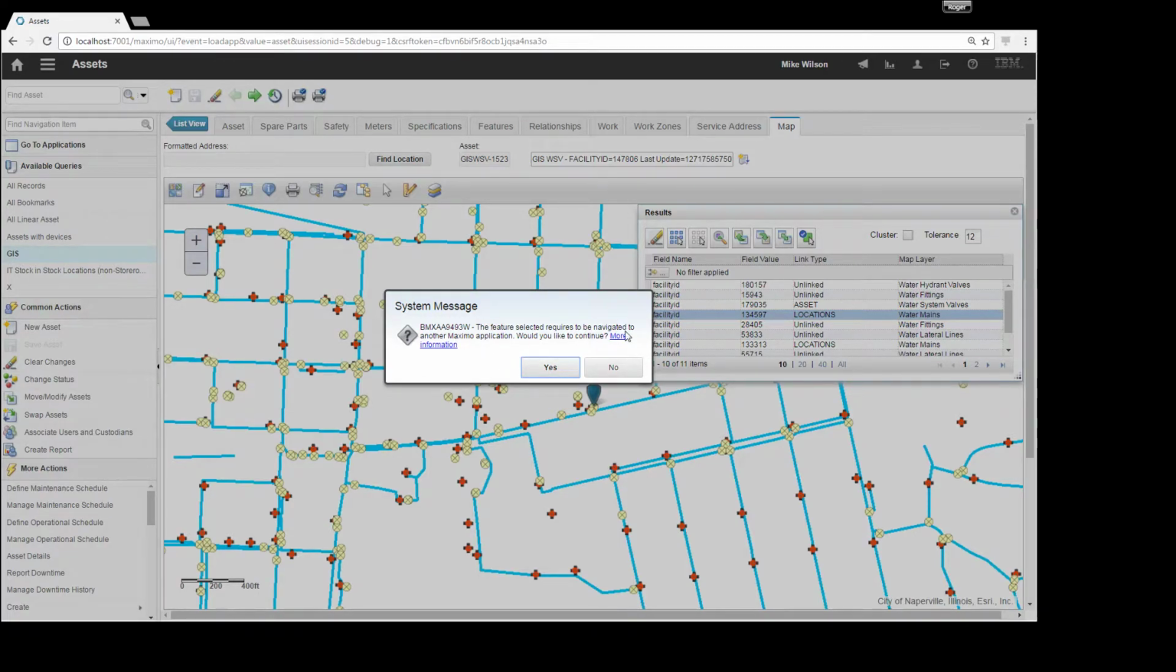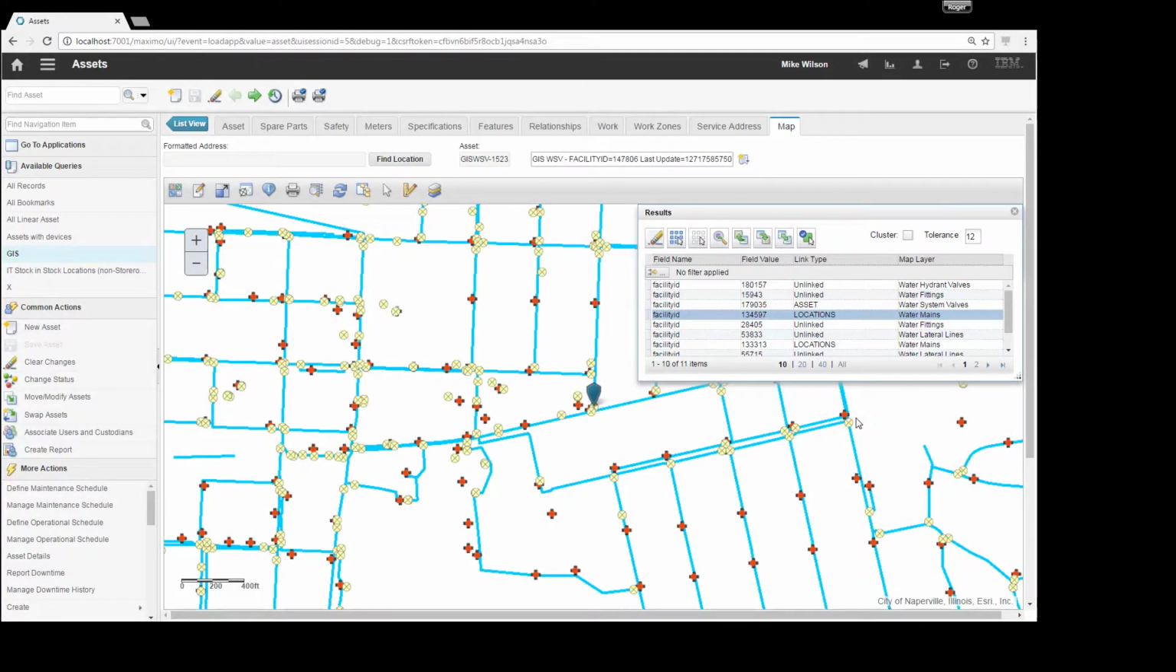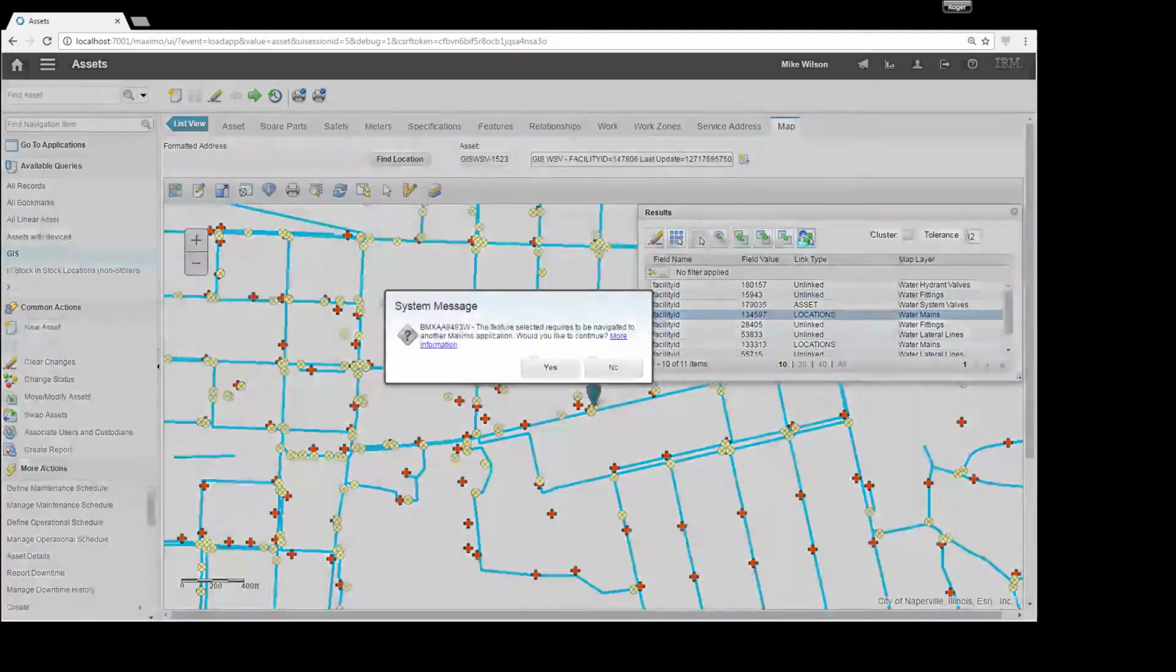But all I say is the feature selector requires you to navigate to another application. Would you like to continue? And if they say no, they just click no and they're back to where they were. But if they click again and say yes, now, remember in locations, I showed you that